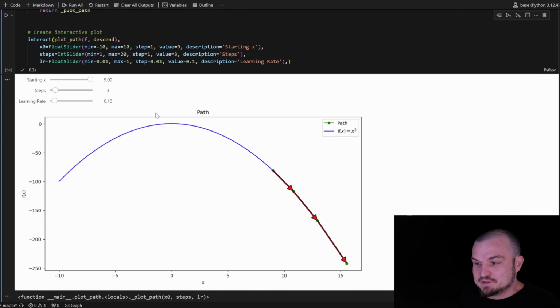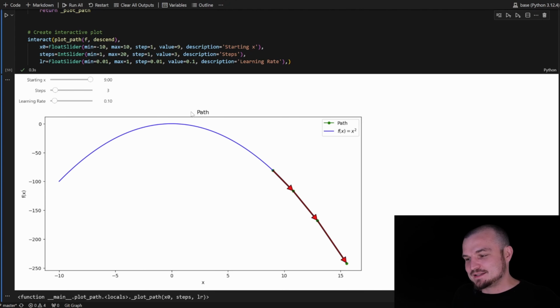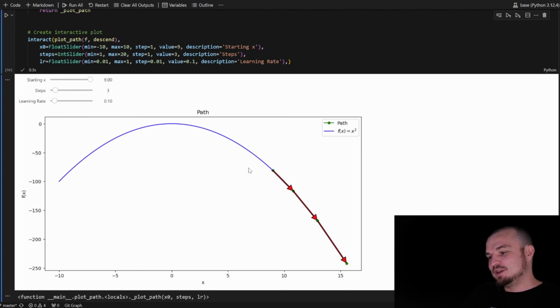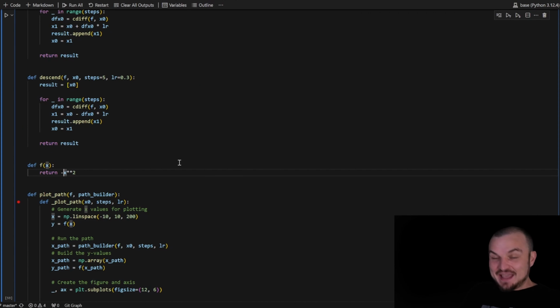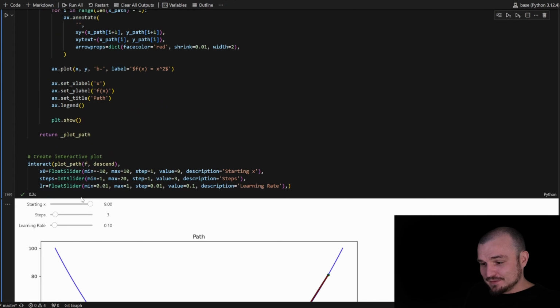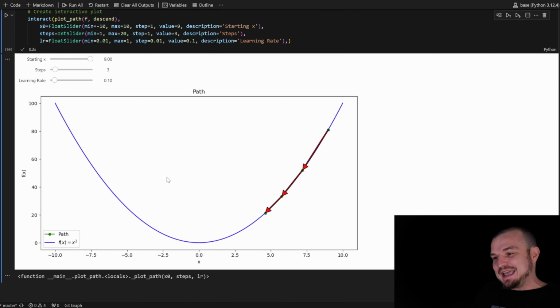And you can see the result. For the negative x squared, it's kind of obvious that we go straight to infinity and probably never find anything. Okay, let's change this negative x squared to x squared. And now it's much better. It goes exactly to the minima.